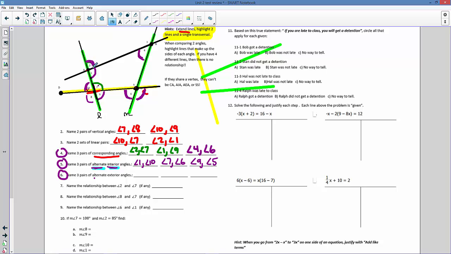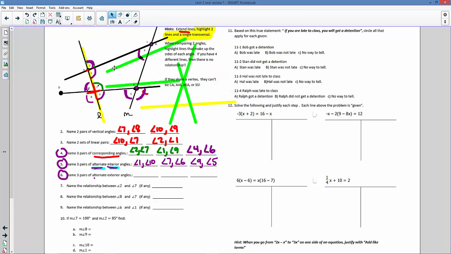Now, this is using the original lines, right? If you want me to bring them back, I guess I could, which is right here. Just to switch gears again and show you how it's done, if I put these back, now you can see that 8... here's the interior when we're looking at those lines. So now you can see that 8 and 2 are on the alternate sides of this yellow line, and they're in the exterior. So that's angle 8 and angle